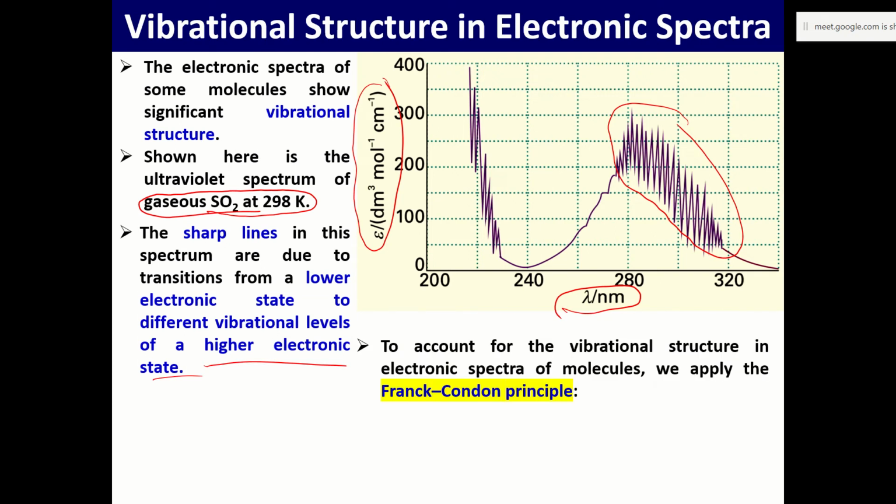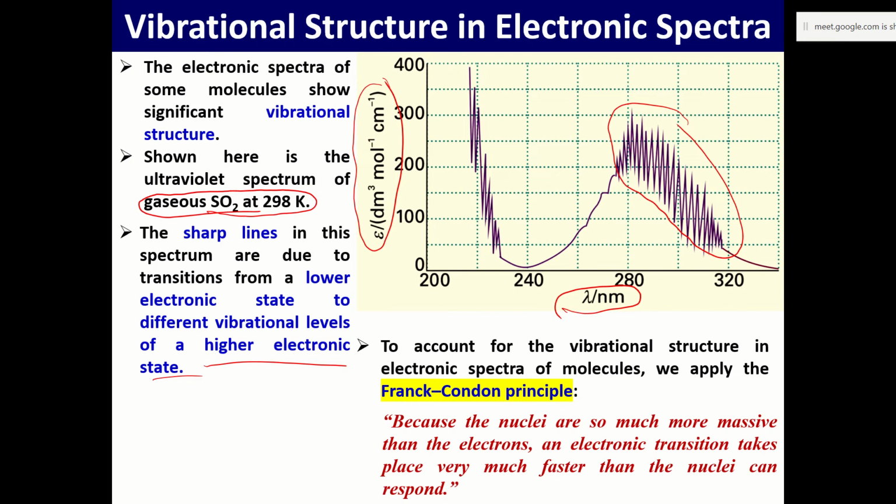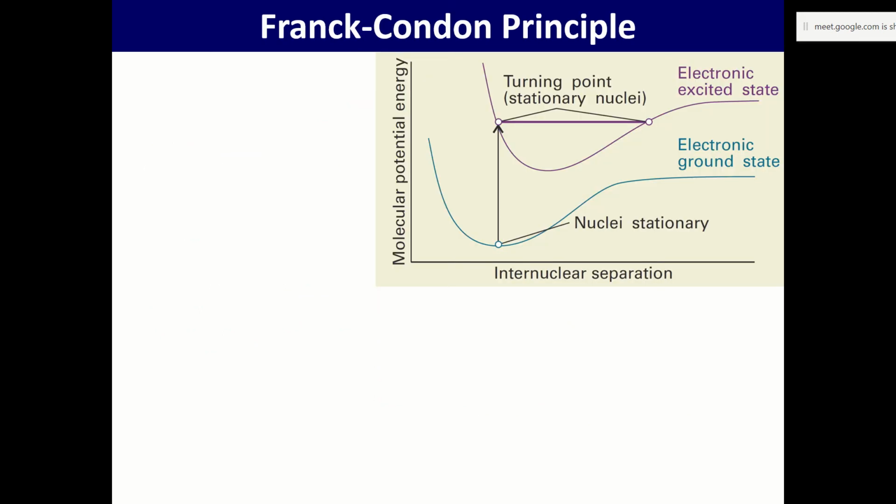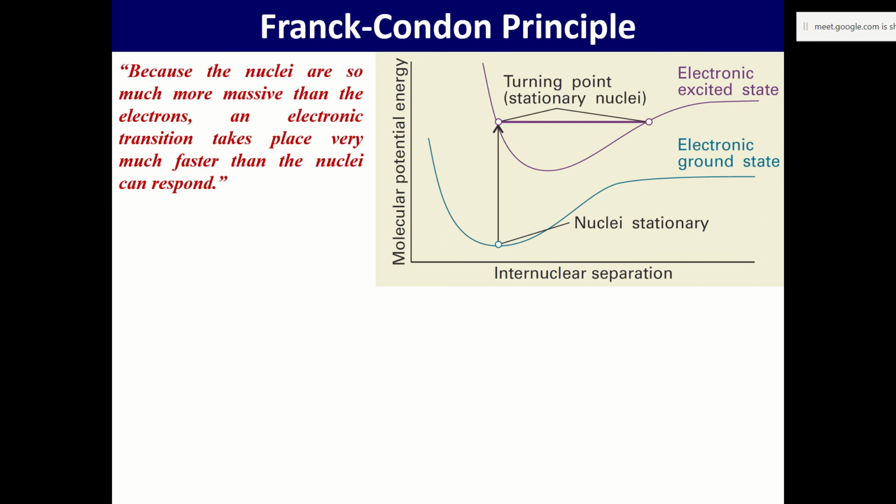So the Franck-Condon principle that we learned last time: the nuclei are much heavier, they have greater mass as compared to the electron, and so they do not move when the absorption of a photon occurs and the electron moves to the higher electronic state. That is the essence of the Franck-Condon principle: you visualize the two nuclei as static because the process of electron movement is 1000 times faster, and because of that difference in time scale